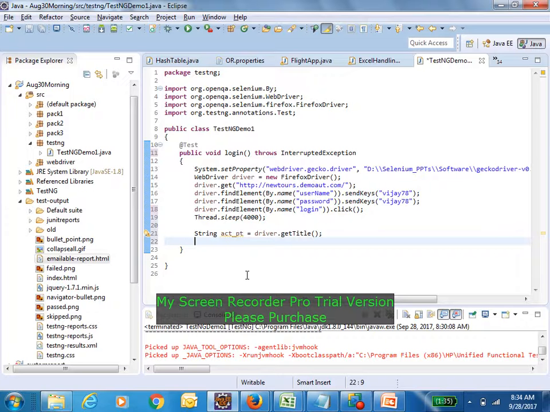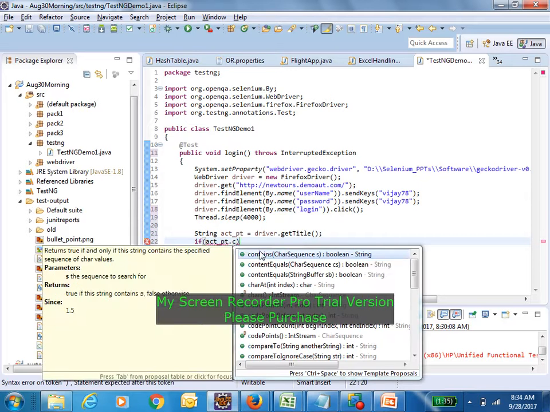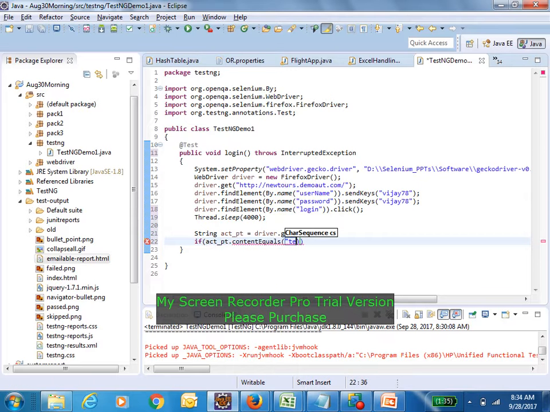So now what I will do? Dot equals, my expected is, assume that, reservation.